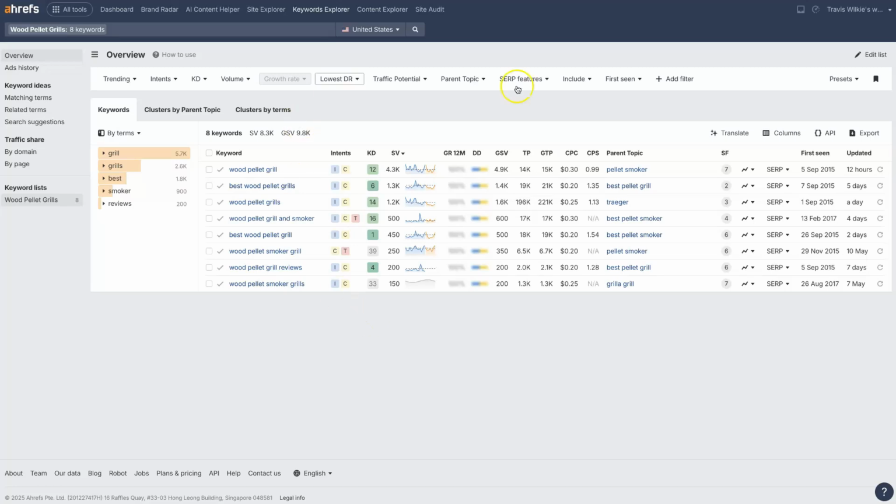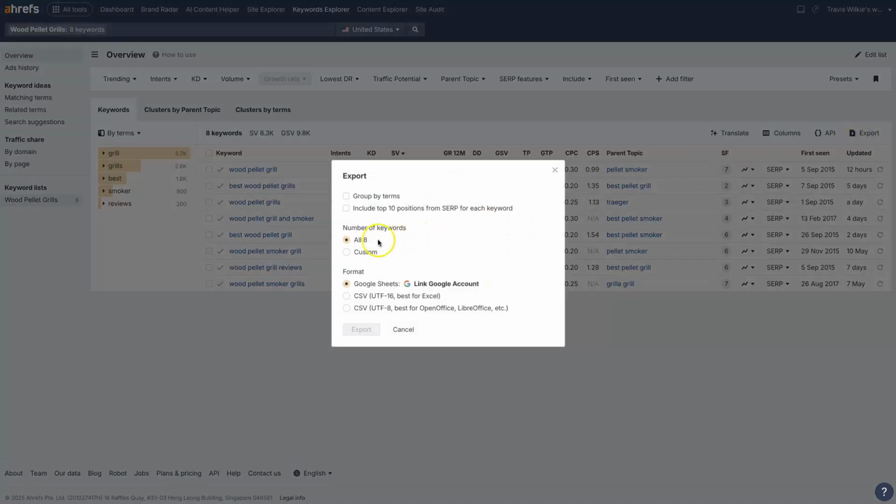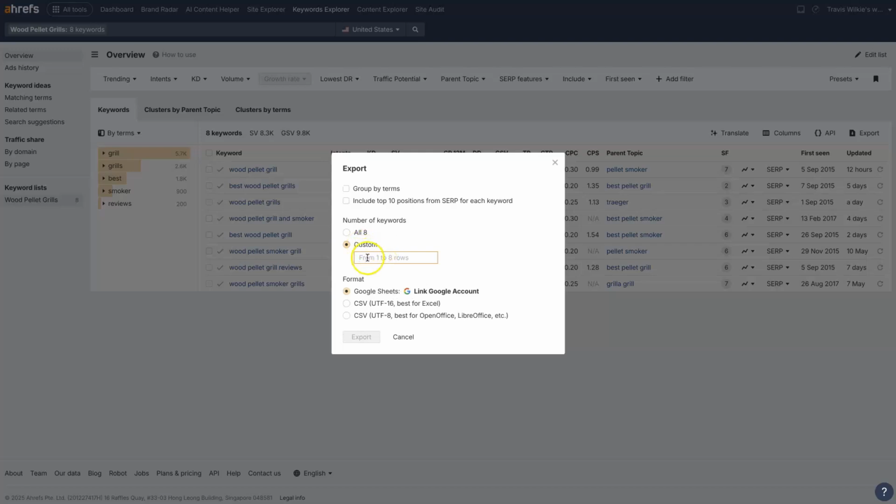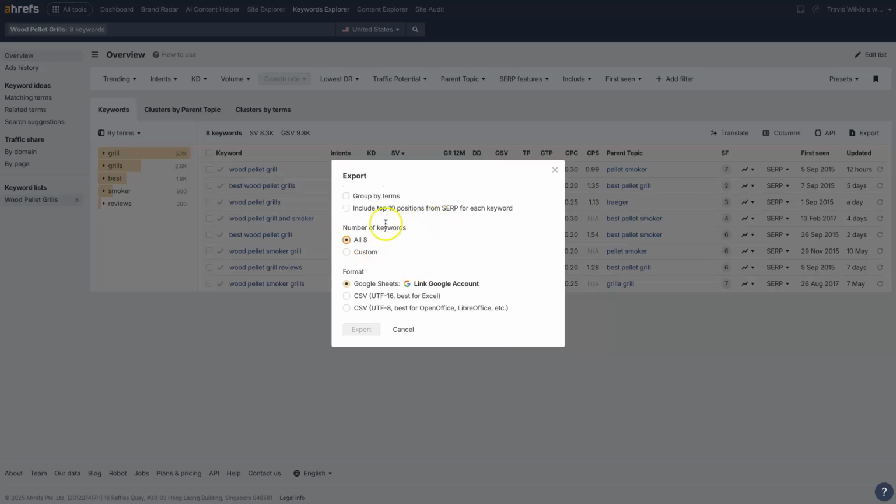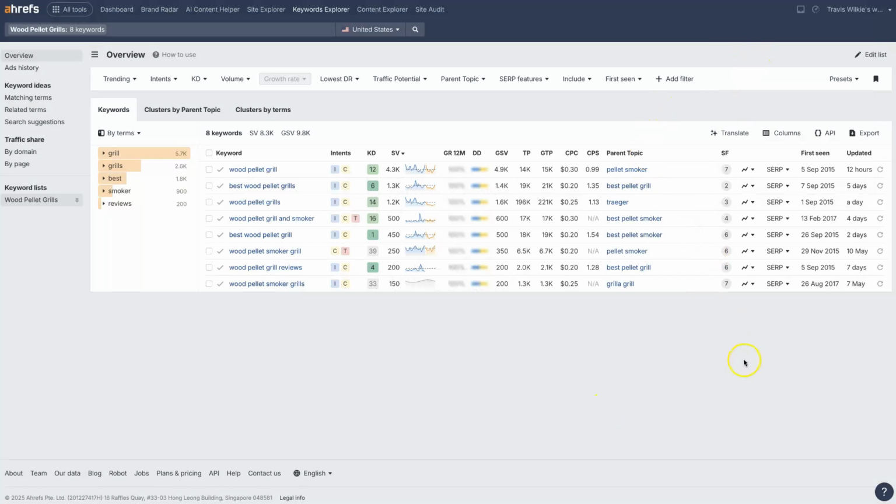Once we have this list created, to download it, we just click the export button right here. And if it's a huge list, you may or may not want to download all of the keywords at once. So you can utilize a custom selection here and go like from 1 to 8 or whatever. I'm just going to do all 8 keywords because that's really not a lot of keywords. And then I actually am just going to download this as an Excel CSV file. So I'll click export. And that's going to actually download that list of keywords,